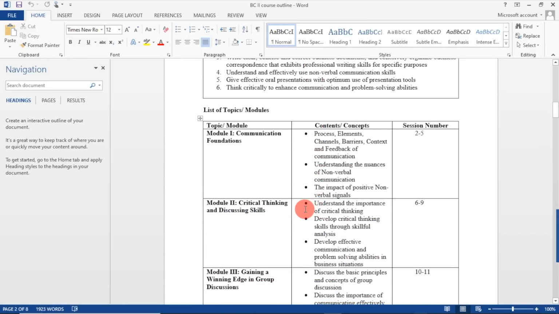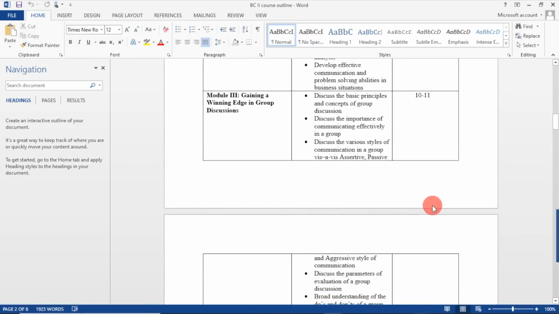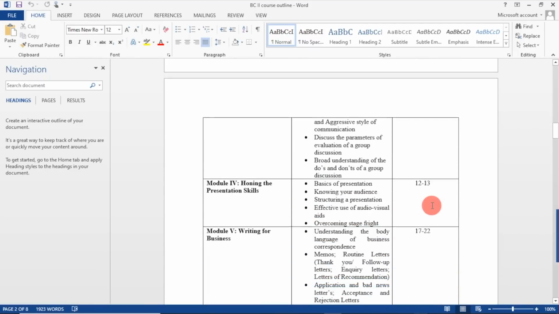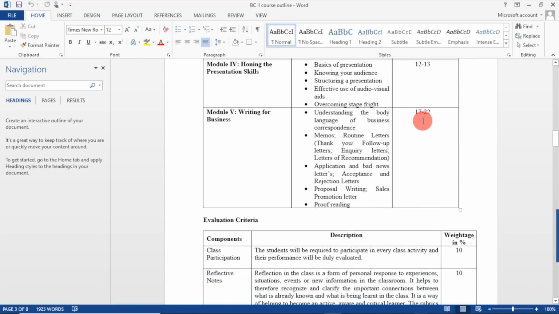Now just see, these are the modules. So we have discussed module 1. We are going to give 2 to 5 sessions. Each session is for 75 minutes. Module 3, what is the amount of time we are going to devote, and that is how 5 modules we are going to discuss about the timings which we are going to give.